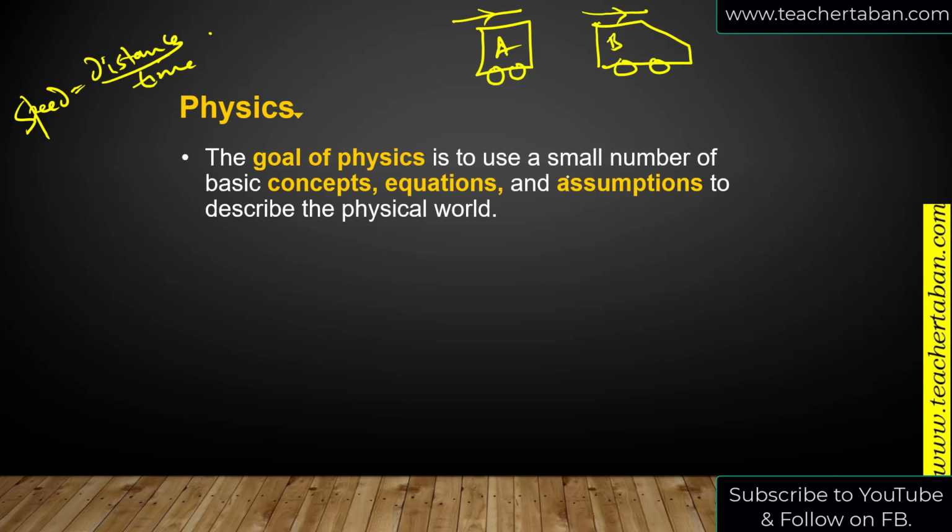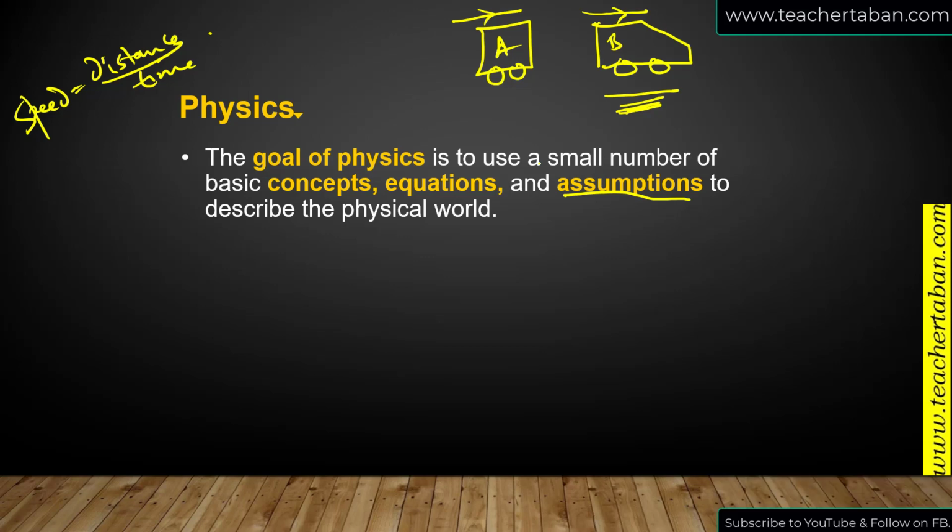Now you may ask yourself, what could be the problem? What causes this? Or how come that someone has come up with this? Of course, someone has assumed that if there is air resistance, and you design a toy car in the form of B, it will cover a longer distance because it has minimized the air resistance. That could be an assumption, and that is what the goal of physics is all about. Use concepts, equations, and assumptions to describe the world around us, to make a better world around us.